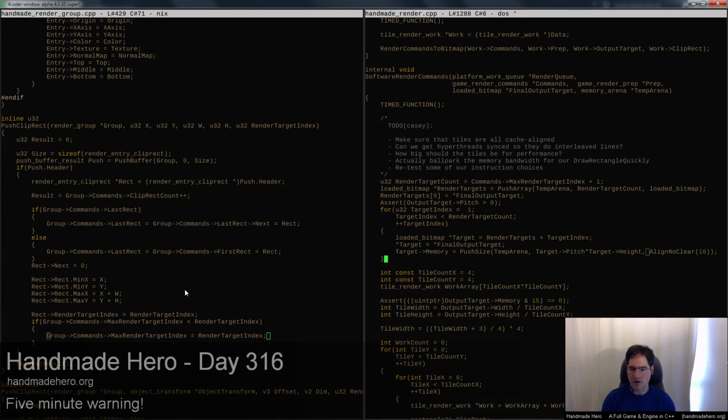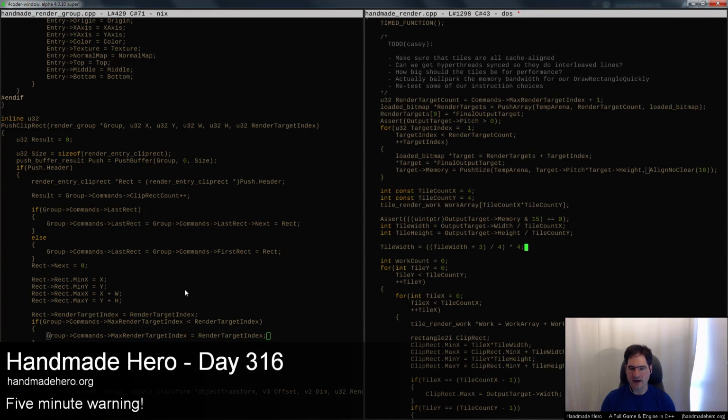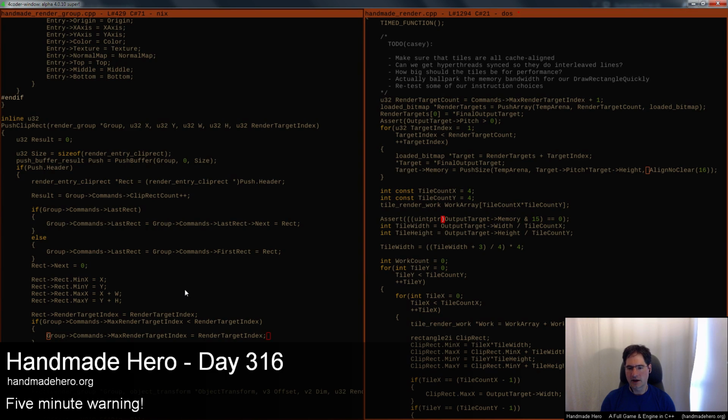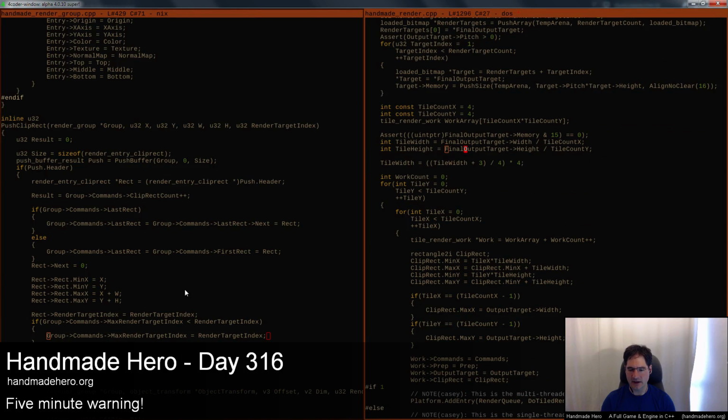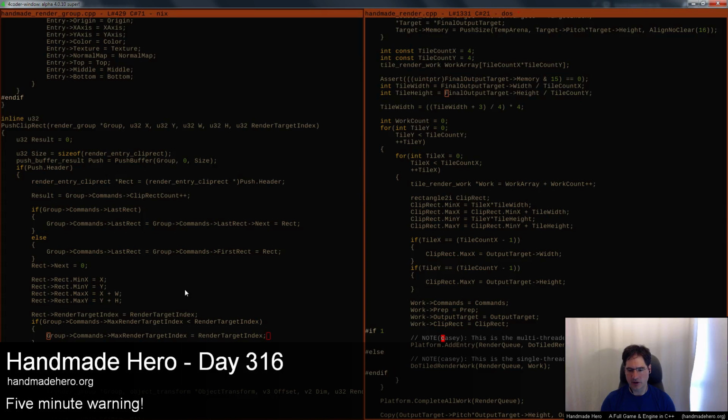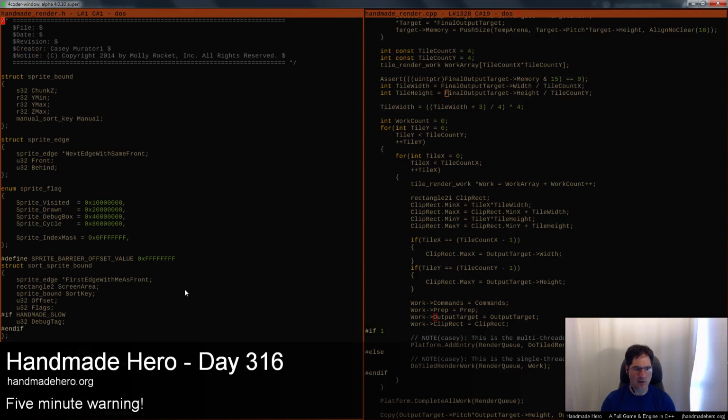Like so. And then in here, for the tiling, I'm going to do the same thing, right? I'm just going to use the final output target for it instead. And then all I really need to do for these output target things here is, instead of that work array...